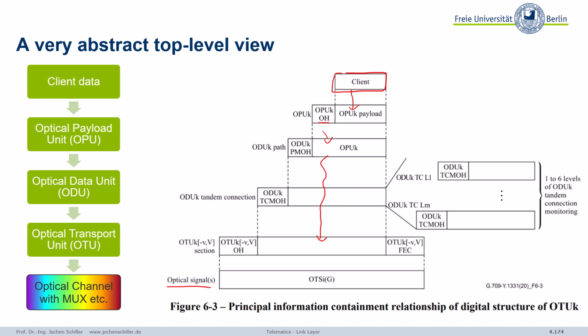So we start with this optical payload unit, and that's the structure that adapts to the client information for the transport over this OTN system. So it has all the client information with the overhead. We do rate adaptation because we may have a different rate between the client and Ethernet or whatever, and then the payload in this optical system. And so we have some signaling overhead. And then we do all this multiplexing together. We create optical data units and optical transport units. So for you, it's not that important, all these names,